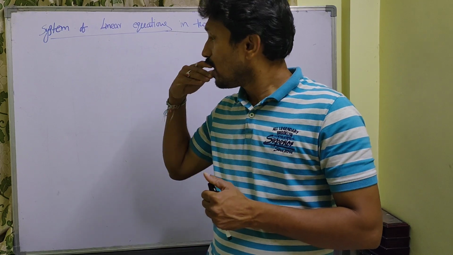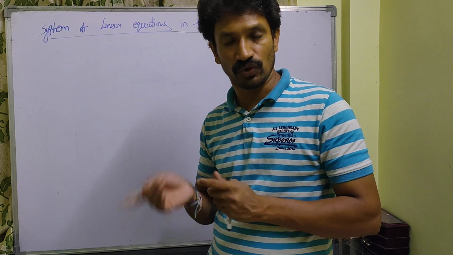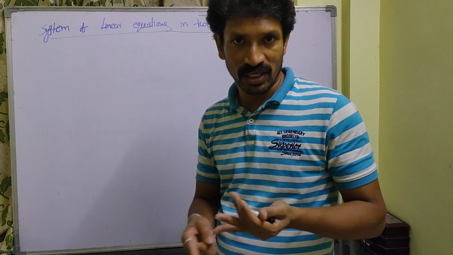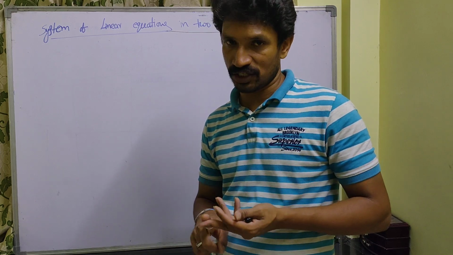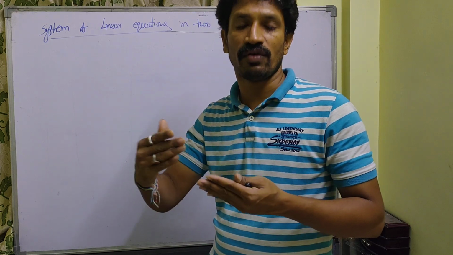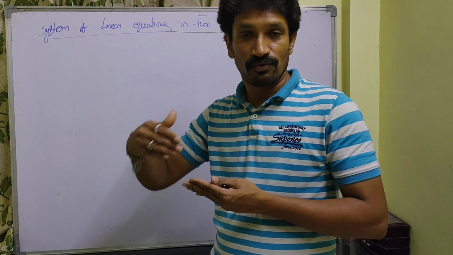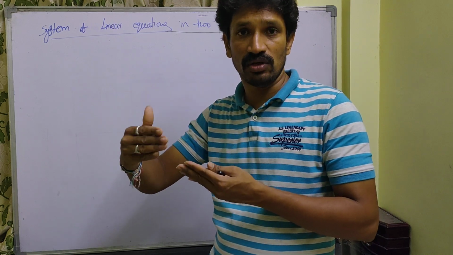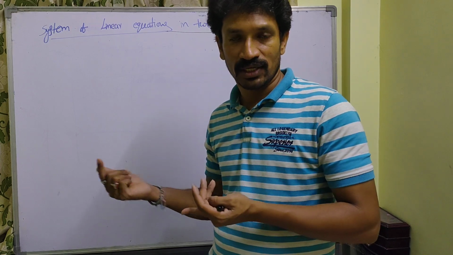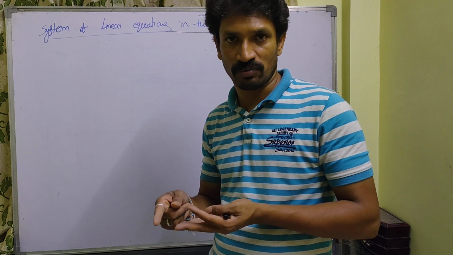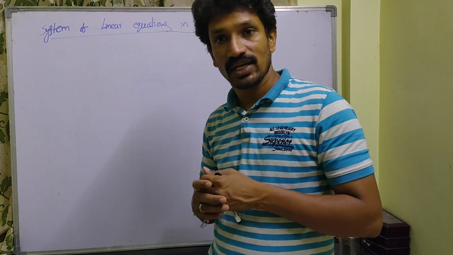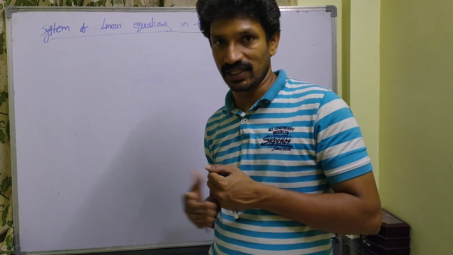We know very well how to solve a system of linear equations in two variables: the substitution method, elimination method, and cross multiplication method. If you have three variables, four variables like that, and you extend the number of variables, then it is very difficult using cross multiplication, elimination or substitution methods. We can do it, but it is lengthy. At that time, if you use matrices, then you can solve very easily.